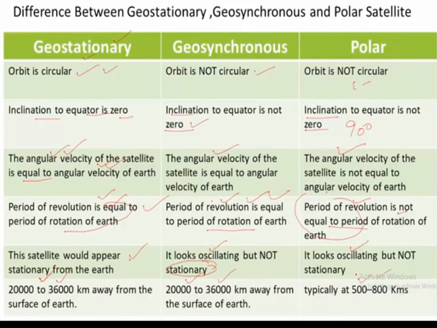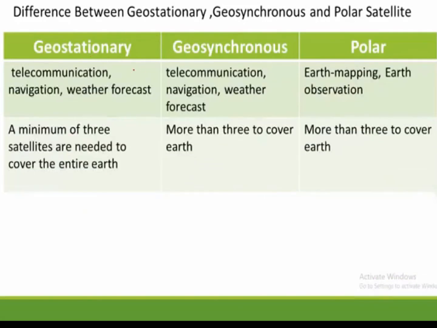Gravitational force of attraction between the satellite and Earth will provide the necessary centripetal force to the satellite to move around the Earth in the circular orbit. So gravitational force is the product of mass of Earth and mass of satellite over distance squared. So GMm upon (R+x) the whole squared is equal to the centripetal force mv² upon (R+x). R is the radius of Earth and x is the distance of the satellite from the surface of the Earth. So we can find the velocity: v equals √(GM/(R+x)).